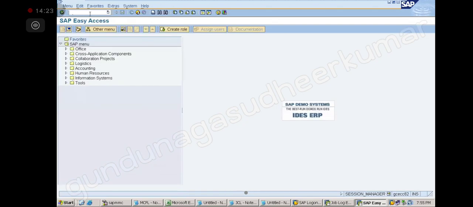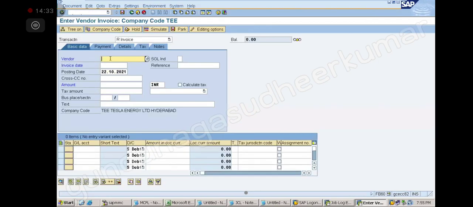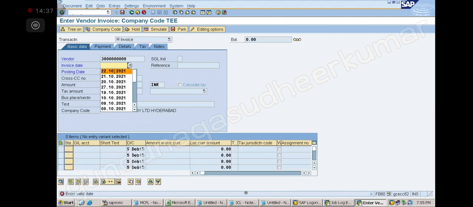Okay, now what is that we have done? Now /n. So we are giving here FB60. We are giving the vendor rent. Okay, enter. And I am giving the date, today's date, but posting date, can I give any date? Yes, I can give like this.